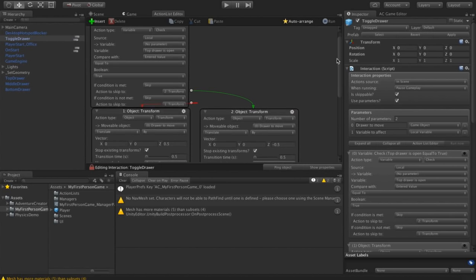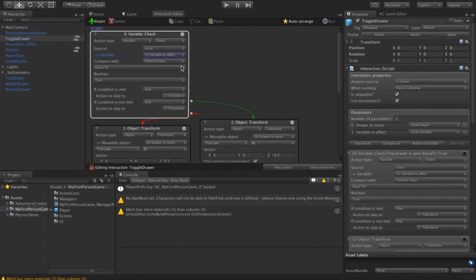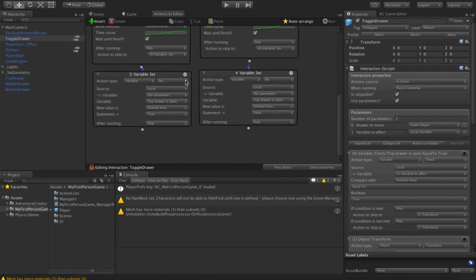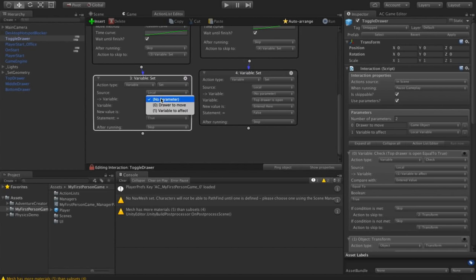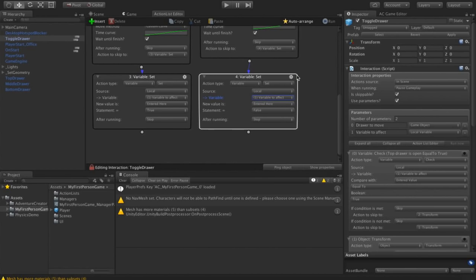If I go back to my list of actions, I can change the variable field for my variable check action. I'm going to set it to variable to affect, and I'll do the same thing for my two variable set actions. So these fields are now being set dynamically.